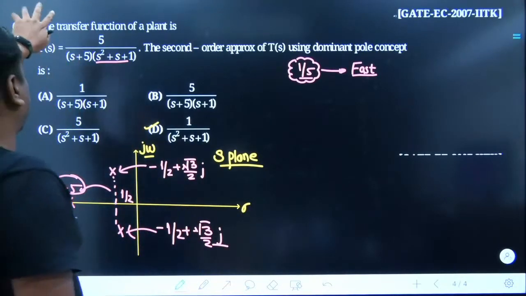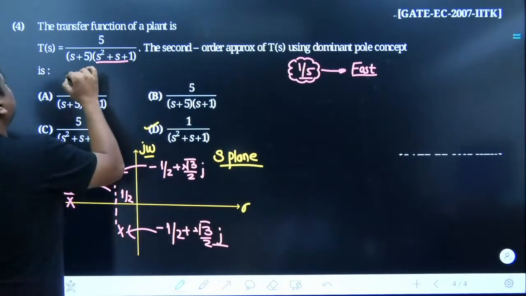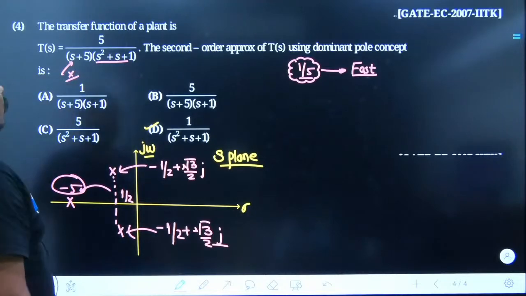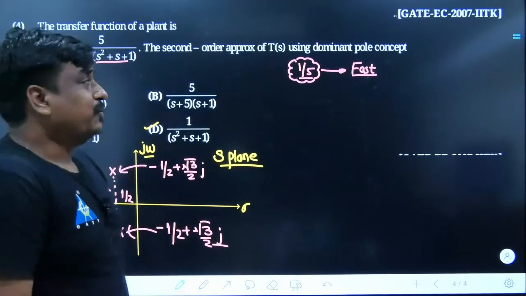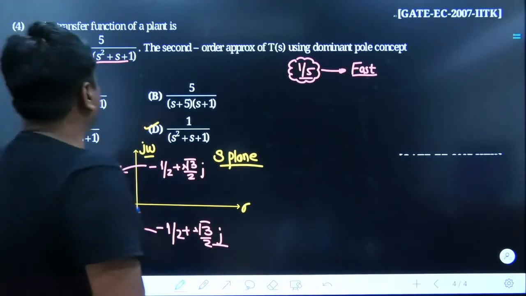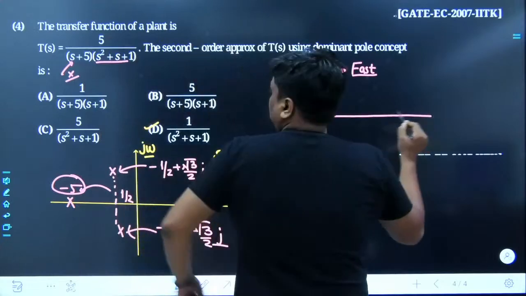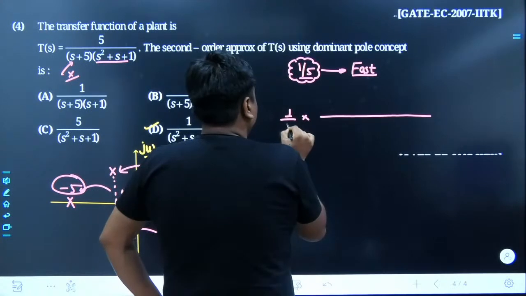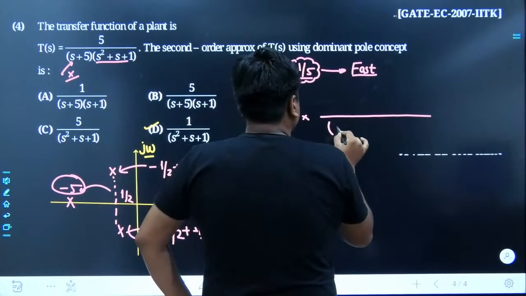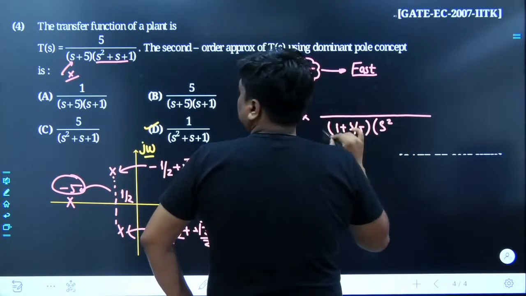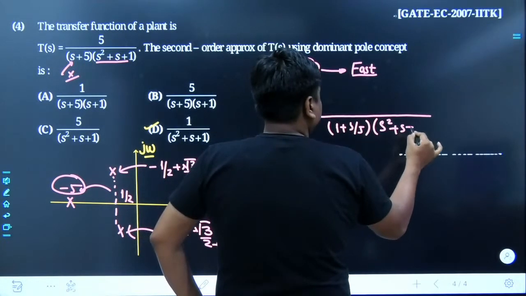So one thing is quite sure, sir, it had been the fast pole. I think it's the right time to drop this out. But once you are interested in dropping this out, first arrange the given transfer function into the standard form. How do we do that? 5 would be taken out of it. Okay, sir, 5 has been taken out. And here it becomes 1 plus s divided by 5. It would remain as it is. s square plus s plus 1.